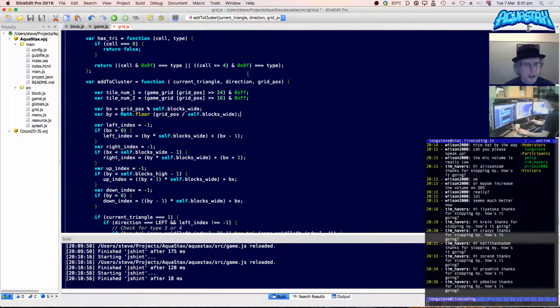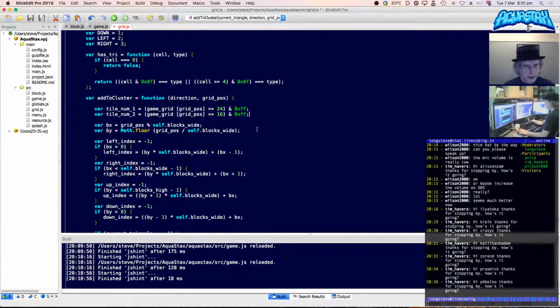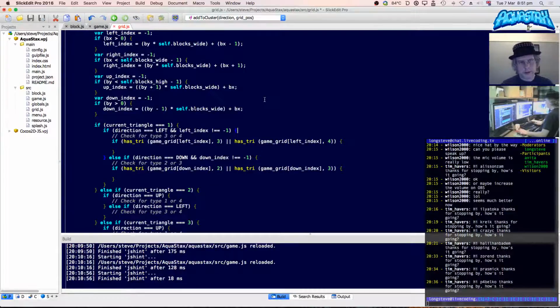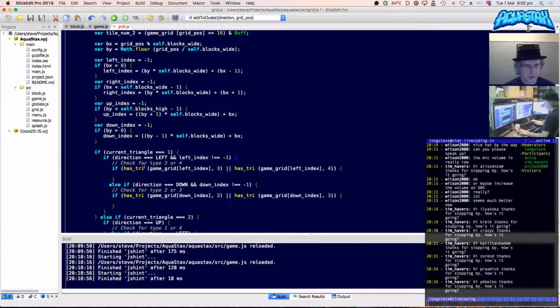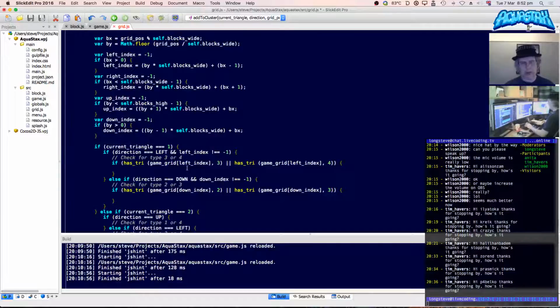So what do I want to do? See, I've got current triangle there, but I've just removed it. See, what do I pass in? I'm thinking I need to recurse here. Well, let's do